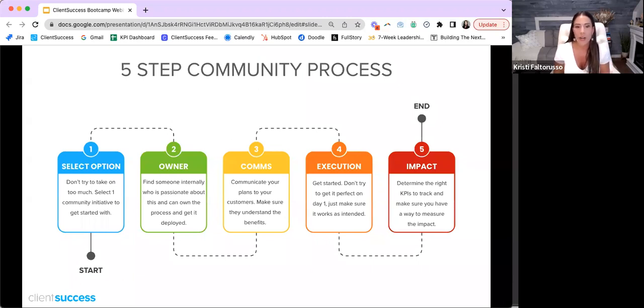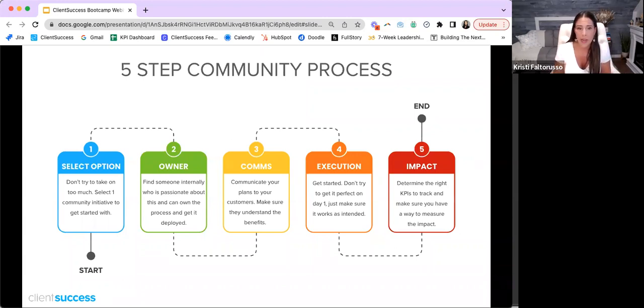The next thing is to figure out who you want to own this. Many of you might be familiar with a RACI model, which defines who's responsible and so on. It is important for you to have an owner. The owner doesn't have to do and execute everything, but there needs to be somebody who can take leadership of this initiative.